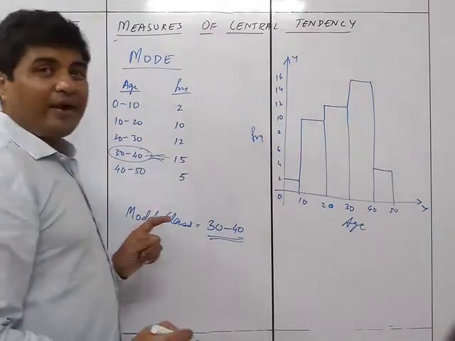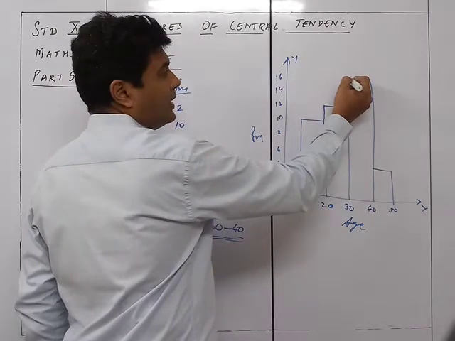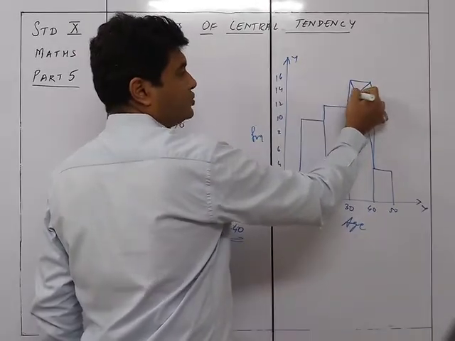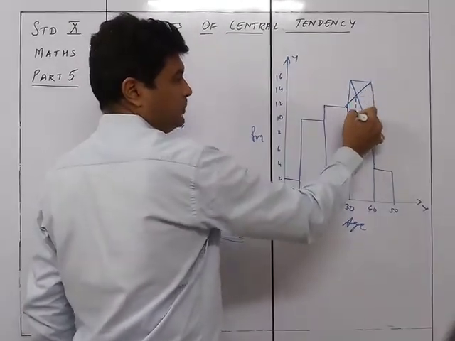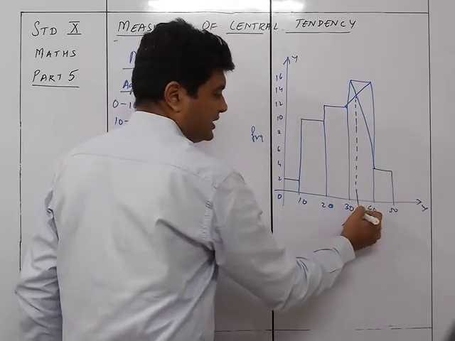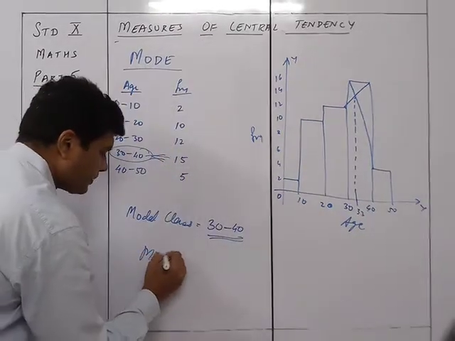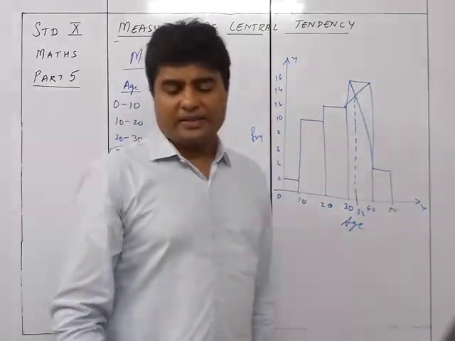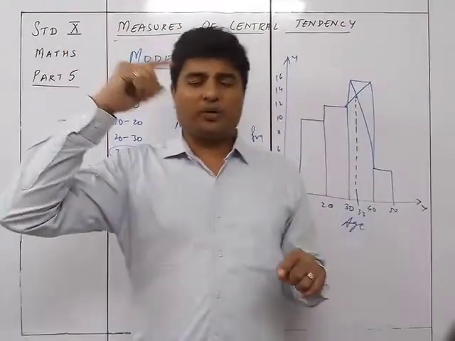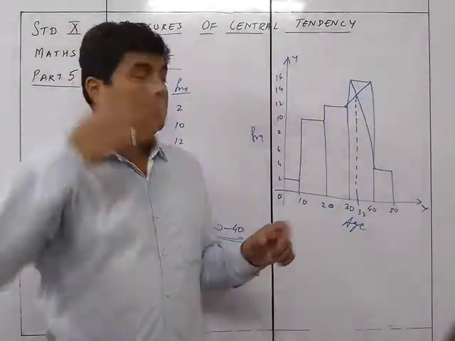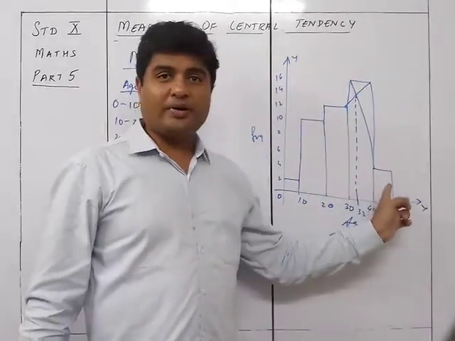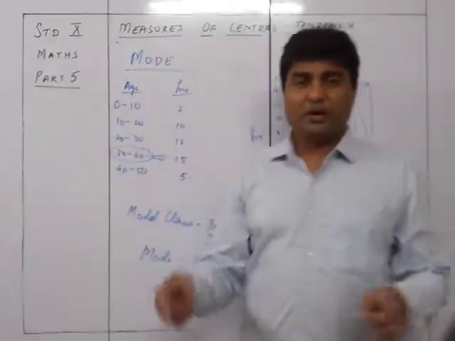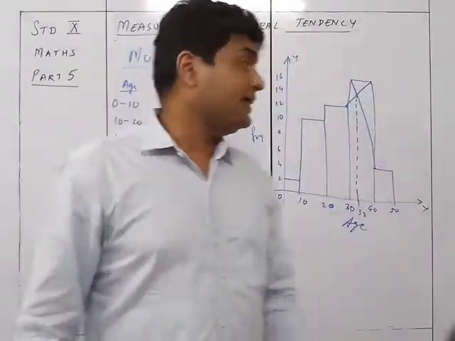But then to find the mode, what we do is join the lower limit here to the upper limit there, and join the upper limit here to the lower limit there, and then just take it down to note that this is 33. So the mode is equal to 33. The intersection point of joining the crisscross, that is the lower limit of the first to the lower limit of the second, and the higher limit of the second to the higher limit of the previous one. Make the crisscross, and whatever the intersection point is, that intersection point gives the mode